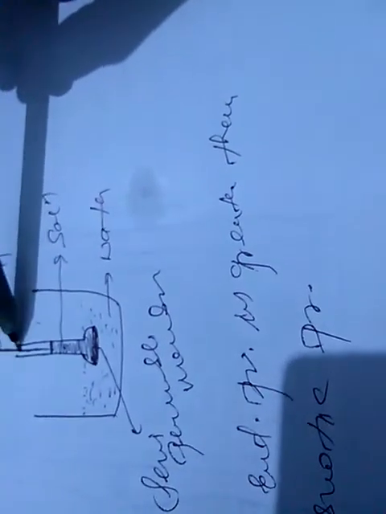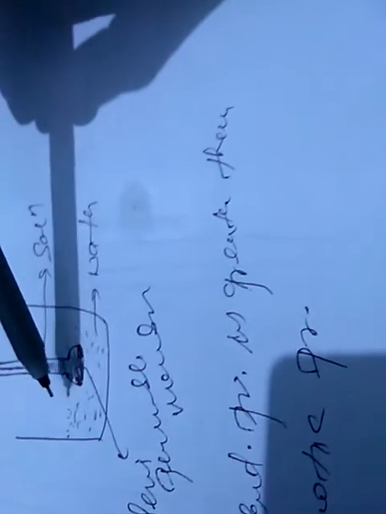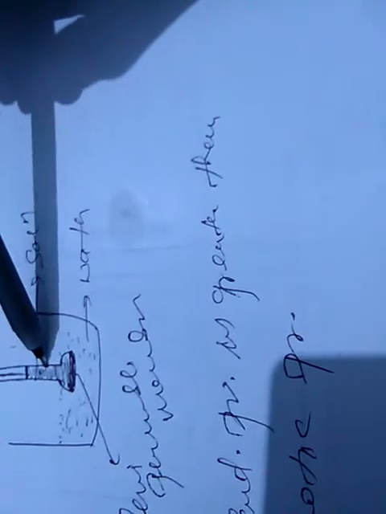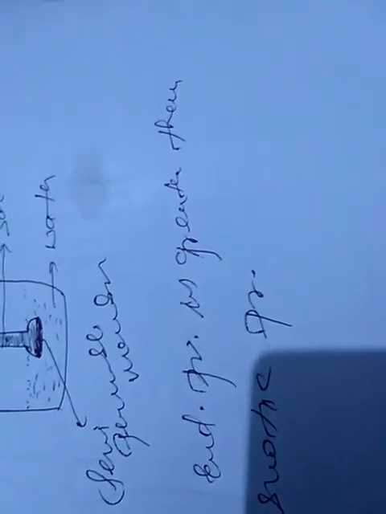Once again, I am making it clear. If the external pressure which is applied over here becomes greater than the osmotic pressure, then the flow of the solvent molecules can be made to proceed from the solution. From this solution, the solvent molecules can move out and enter the pure solvent, and this movement is in the reverse direction of ordinary osmosis. Therefore it is called reverse osmosis. This reverse osmosis is very useful in desalinization of seawater. Let's see how.